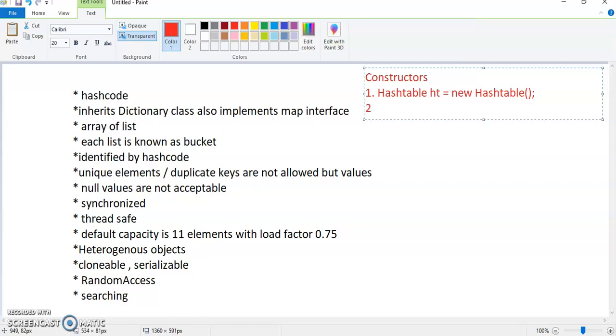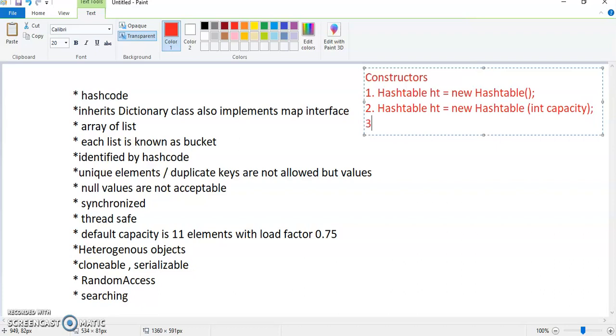Now the second option is again the same thing: ht equals new Hashtable with some initial capacity. Suppose you don't want 11, you want 1000 elements capacity, then you can use the second constructor.